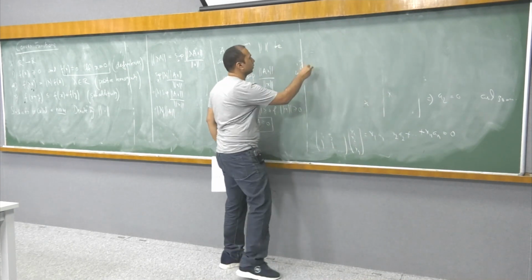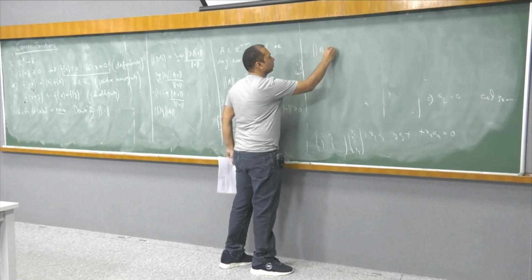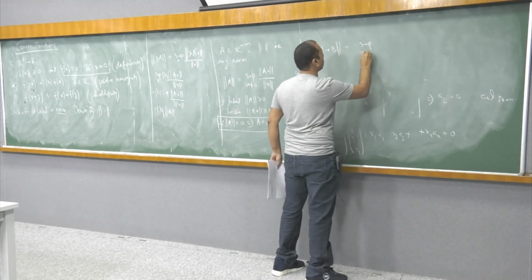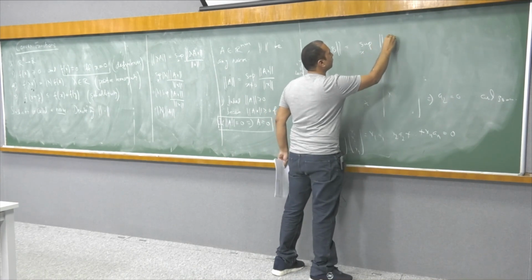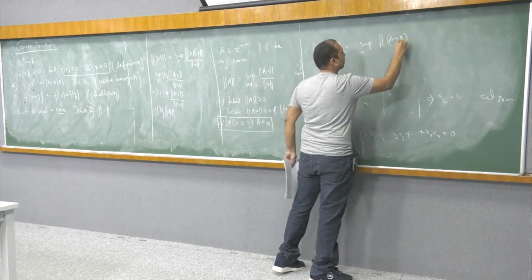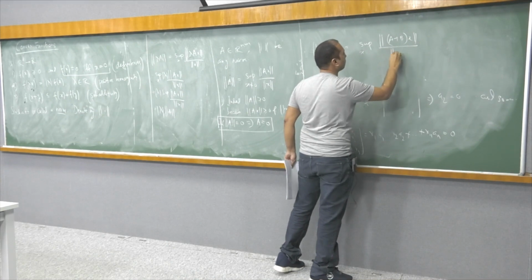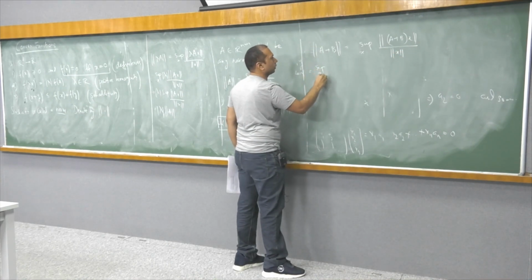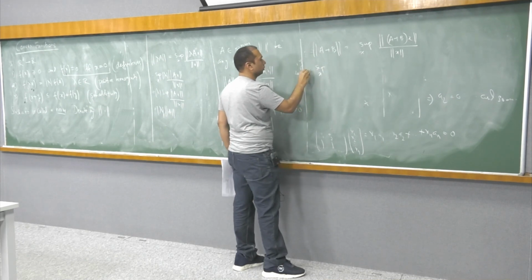So here we are saying sub-additivity for this. So this is supremum over x of A plus B x by norm x, which is less than or equal to, I can already write,